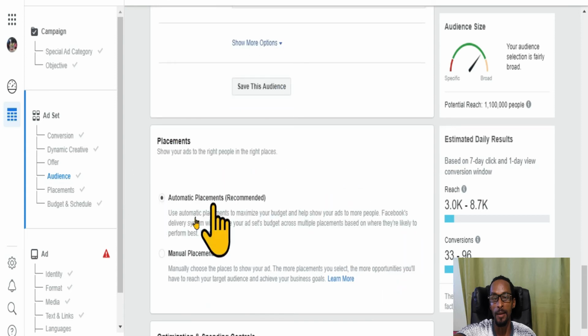Once you go into placement, you can use automatic placement, because Facebook uses artificial intelligence to place your ad in front of your demographic of people, just to make sure your budget is optimized and properly spent. You may want to do that until you have a little bit more experience. You could actually do